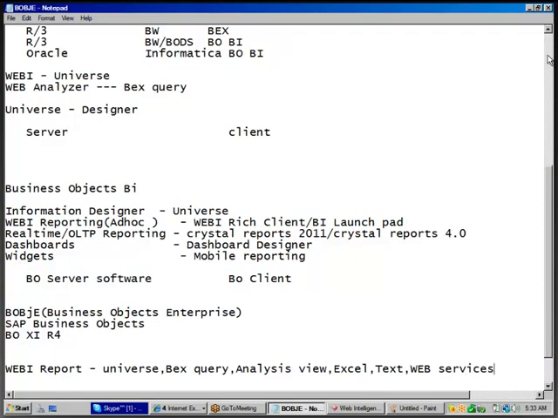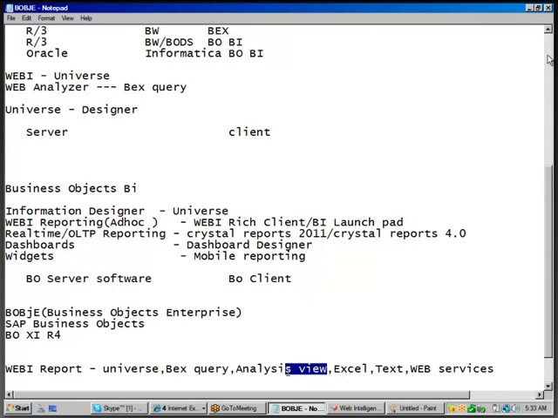That means whatever the source you have, for example, you have a data warehouse, the very first step is that you cannot directly create a WebI report on a data warehouse. You need to create a universe first, then create a WebI report on top of the universe. If there is data in a BEx query, at that time you can directly talk with the BEx query.